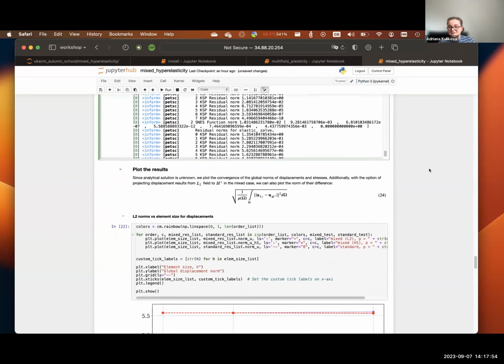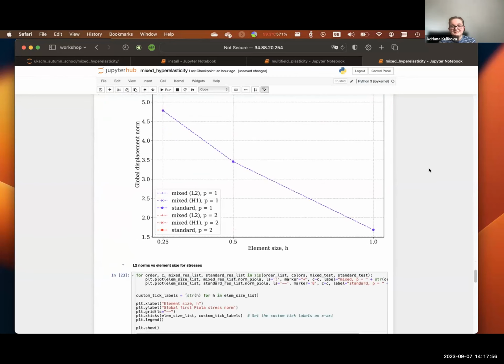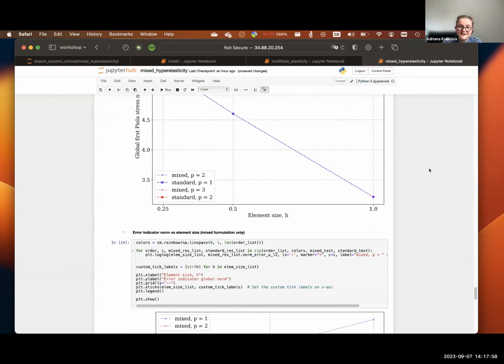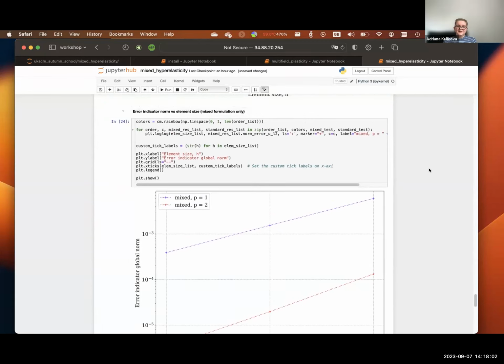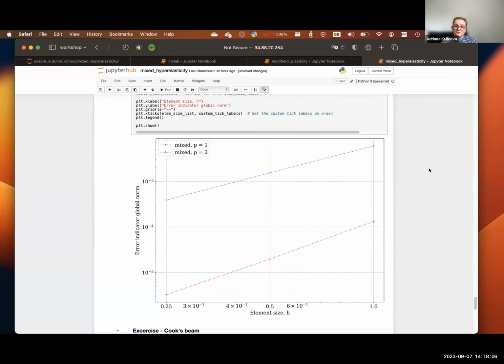And I'm not going to rerun it. That's one of the things you can do. But the best one to see is this, which is just for the mixed formulation. And that's comparing the global norm of the error indicator with the element size and the